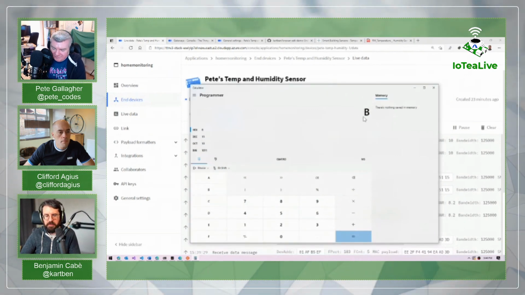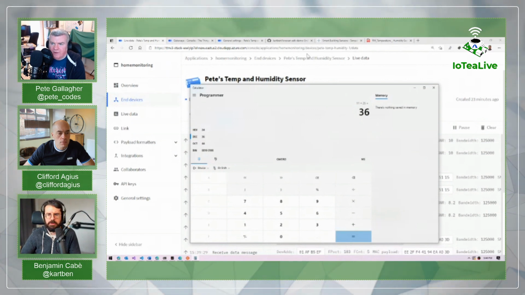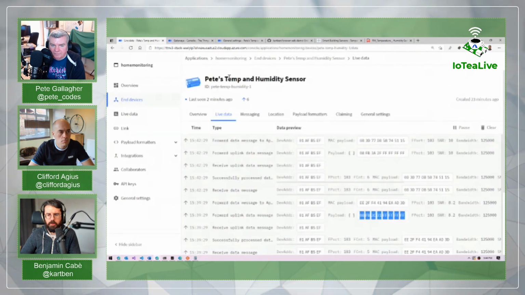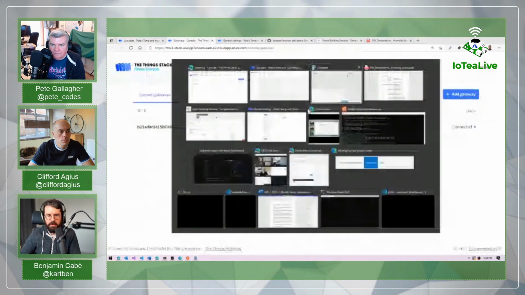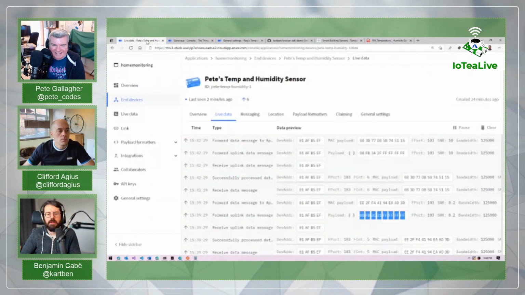So yeah, we're looking at B, which is 11 in decimal, and then we add 25 to that, and then, what was it? We divide by 10. Divide by 10. Yeah, 3.6 volts. Oh yeah, you won't be able to divide in programmer mode. Oh wait, what did I do? I was not in decimal, was I? Yeah, it won't let you do a divide in there, will it? Anyhow,